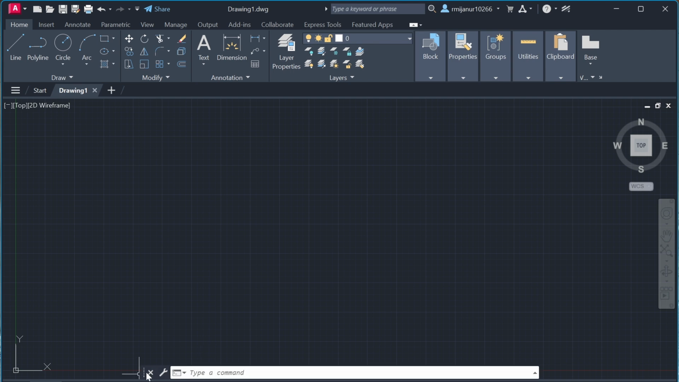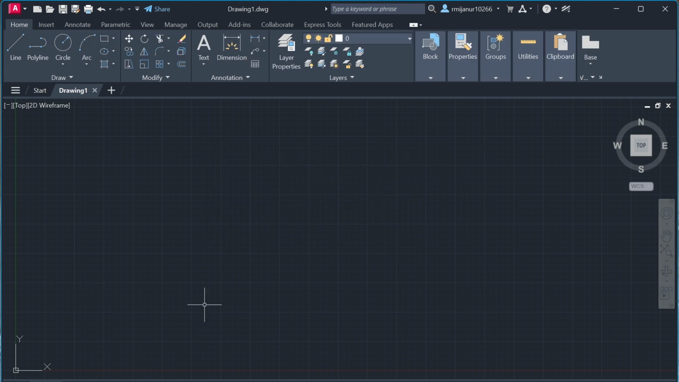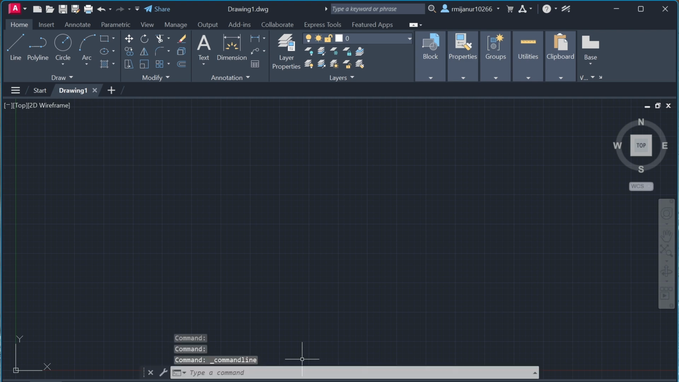If you check, this is very important: it's the command line. Suppose in your system this command window is not available. Suppose I just remove it. Then you can see it is removed. Now how can I get the command window back? Just press Ctrl+9 and it will appear again. In the command window, we can easily use different types of commands, and it makes AutoCAD easier to use for drawing. So first, if I just type here